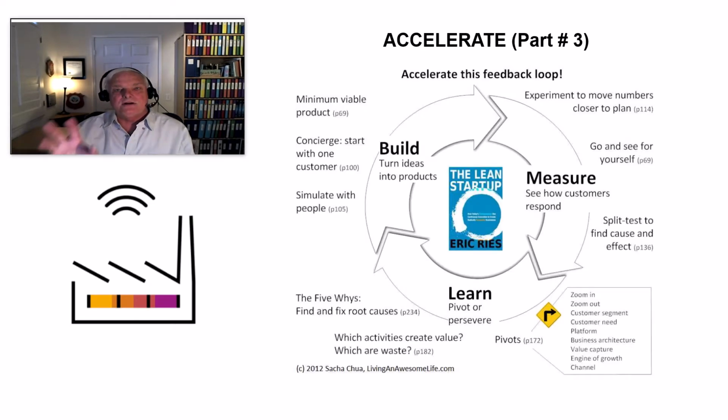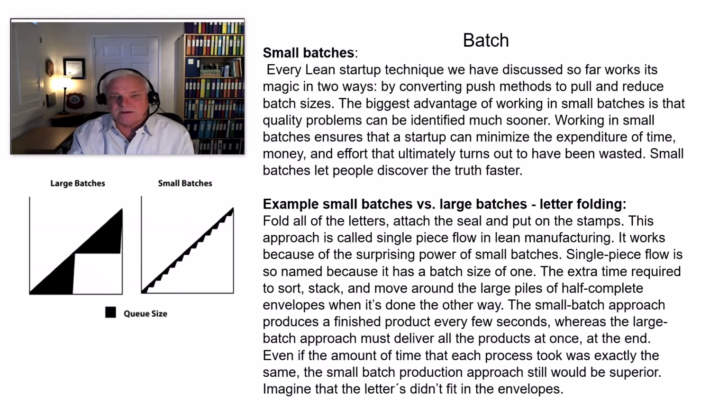Now, the third part is going to be accelerate, and you accelerate the feedback loop. How do we accelerate? What is that referred to as? Well, let's go take a peek. So the first thing is small batches versus big batches. Let's do smaller batches, higher quantity, faster to our customer, rather than doing a big batch, waiting for all the product to get in. So entrepreneurs don't need 10,000 pieces of something. They only need 5. Think about things from a batch standpoint.